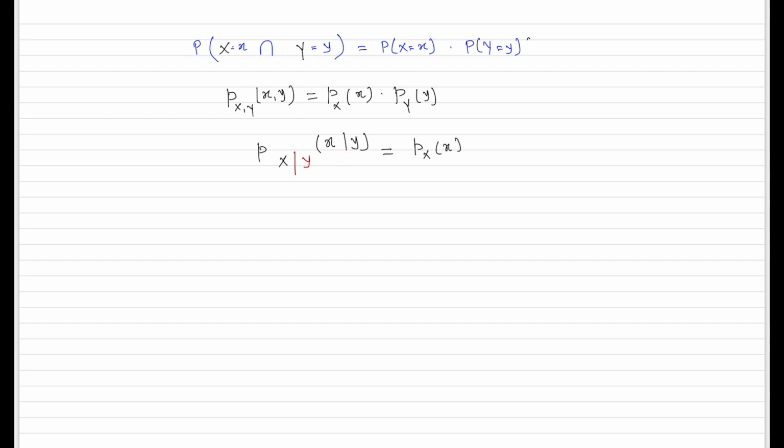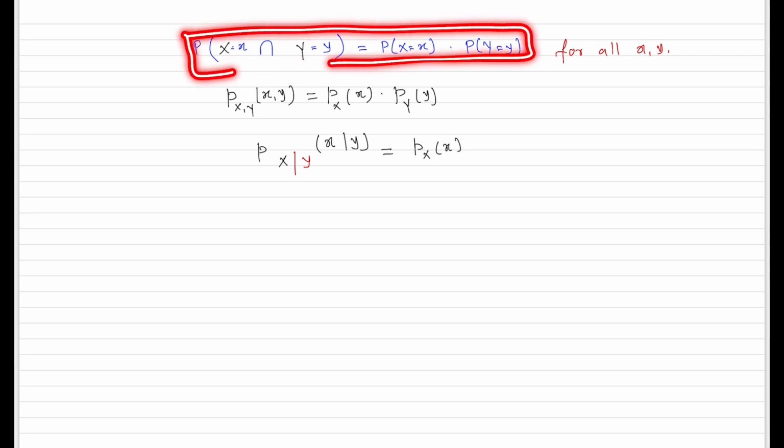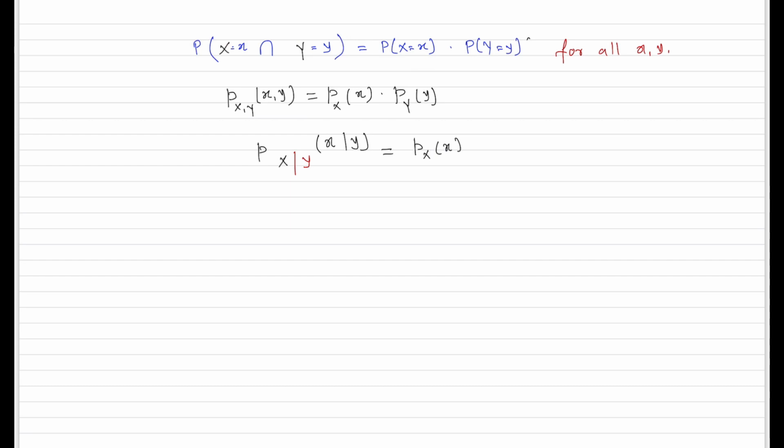And here I forgot to mention that this relation should be true for all possible values of x comma y, right? So if these two random variables are independent, you will have to check this condition for all possible values of x and y, and if you find that this relation is true for all of them, then you can say that these two random variables are independent.